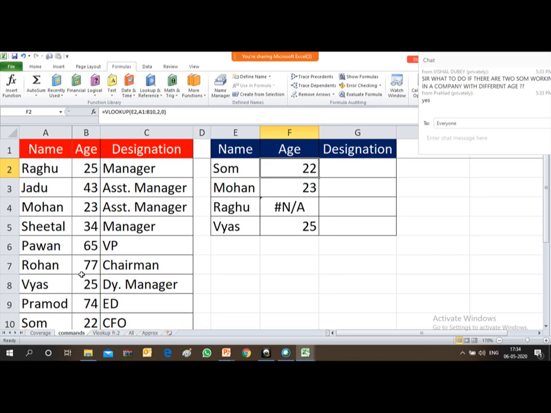It's correct, we have seen. Against Mohan, age is 23. See over here, Mohan's age is 23. In Raghu, you will find nothing is appearing. So there is some error in the formula then. And in Vyas, the age is appearing. So what is the logic behind it? That against Raghu, nothing is appearing.